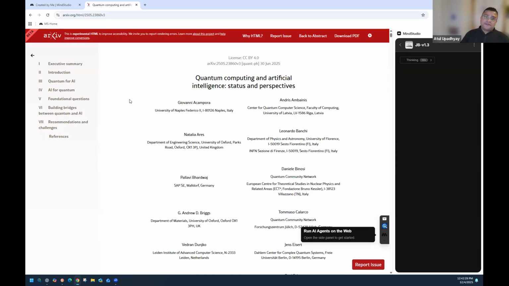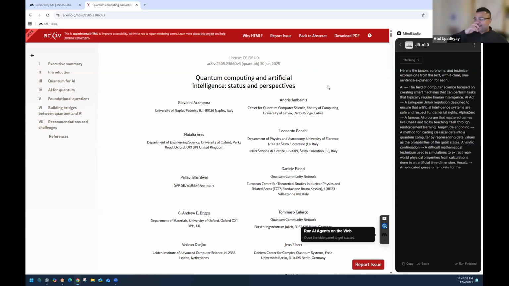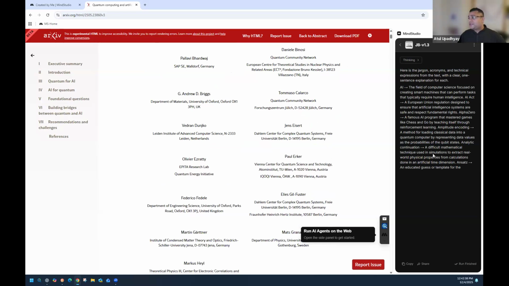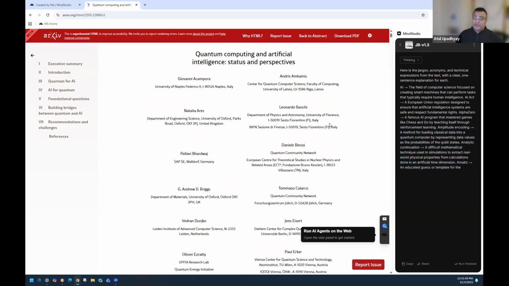Maybe I should have just used Claude for this example. Oh, okay, perfect. So as you can see, it's going through the information. It's still processing it. It's taking a while. It could be the model that I use, but basically the idea is that it's going to start taking all the jargons, all the complexities, and start giving you a format that we prompted for in simple English for us to understand.